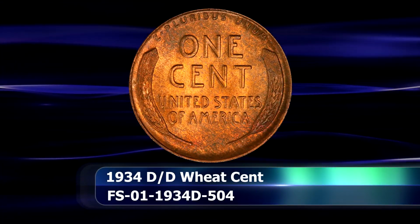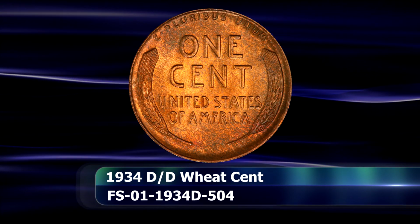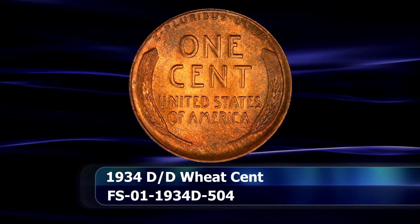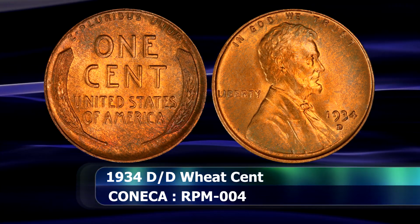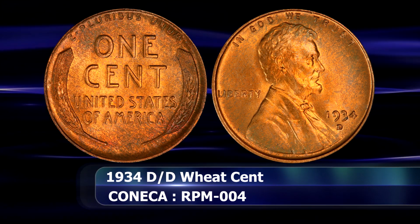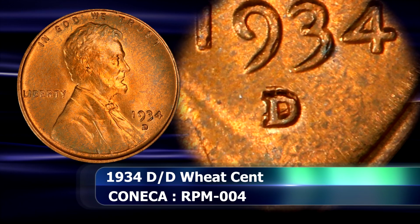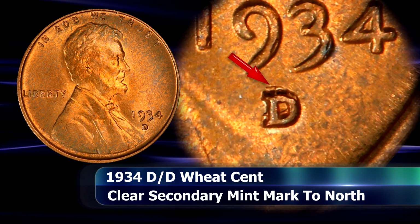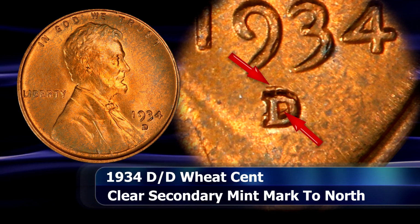$3,055. Then to 1934, with the final repunched mint mark to appear on this list, in the form of the 1934 D over D Wheatie Ascent. For this coin, the D was again placed directly south of the initial impression, but here, almost the entire first punching is still visible, with both the top of the D, including the top serif,